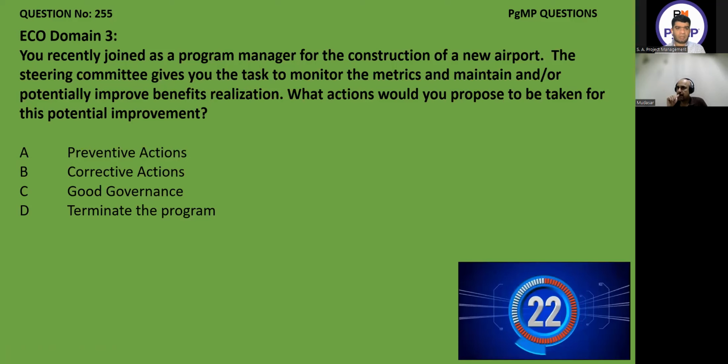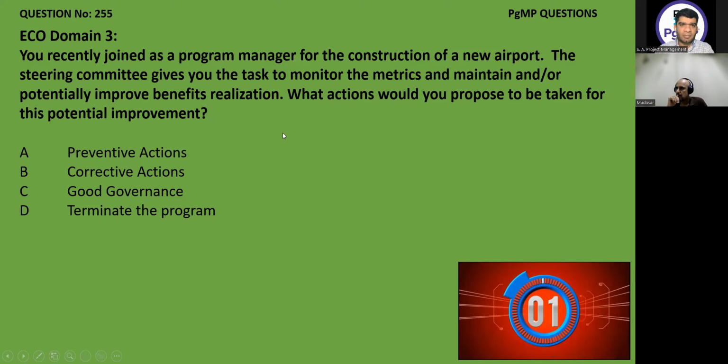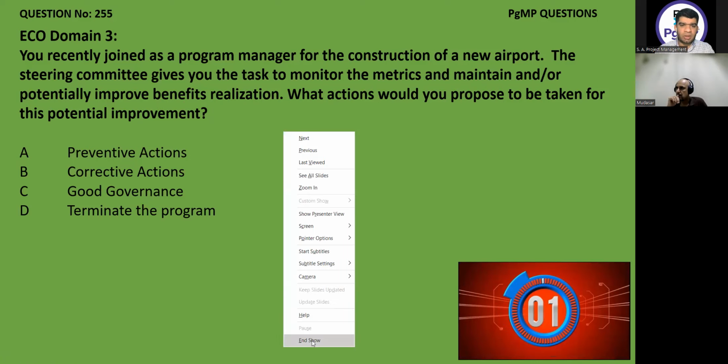I would go for preventive action, because corrective is responding to the change after it has happened. Preventive is you already plan. So I would go for option A. But preventive is something which is not occurring. But corrective action is that the steering committee gives you the task to monitor the metrics and maintain or potentially improve benefit realization. So this you can only do